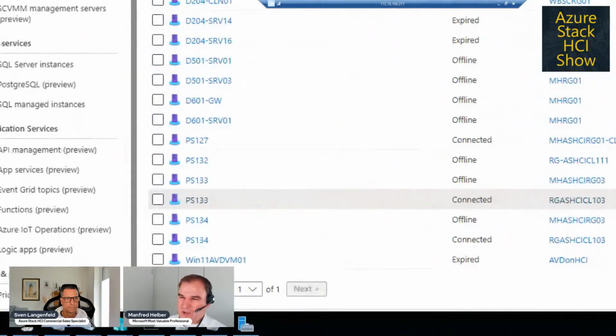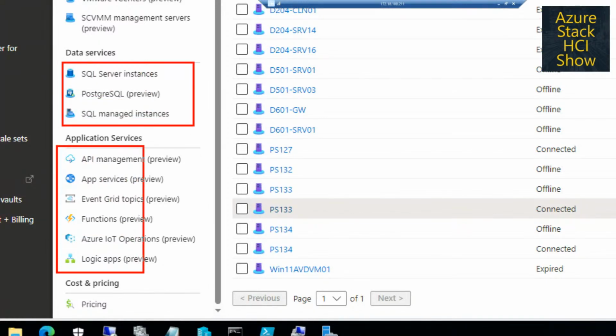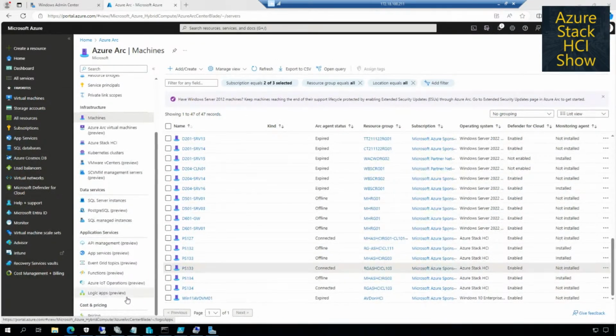For sure, we have the infrastructure, but there are also things like SQL Server or PostgreSQL, and there are application services like functions, logic apps, IoT things, and this can also be Arc enabled to enhance the Azure portal capability to these services that run on premises in my scenario.